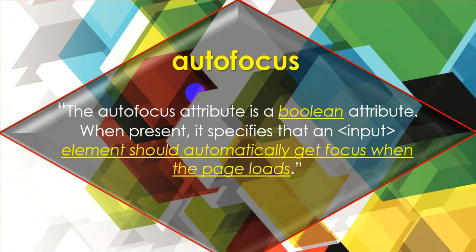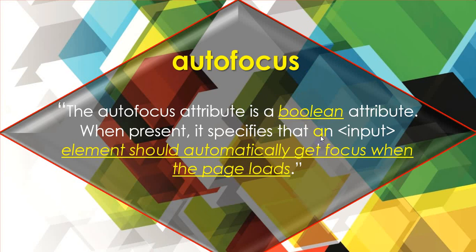If you use the autofocus attribute, it will suggest to you in different ways. But you can turn it off. If you write autofocus off, it will not suggest you. I will show you. I am just explaining this definition because you will get a new word, that is boolean. Boolean means only one possible value, either true or false, on or off, 0 or 1. These are some values which are used as boolean values.